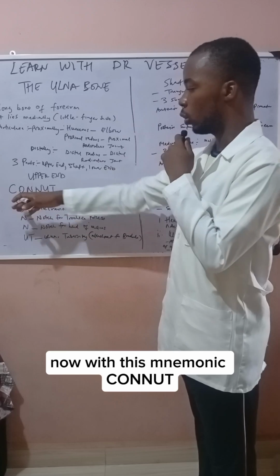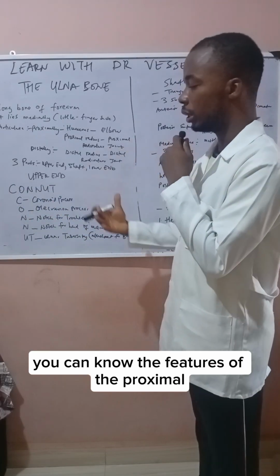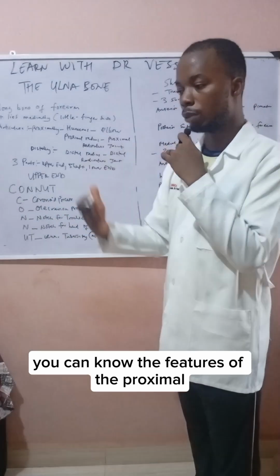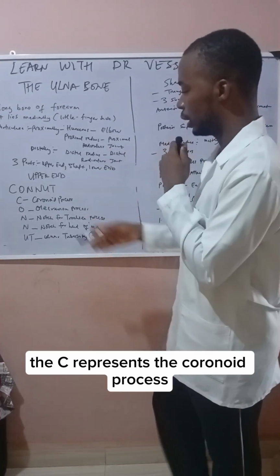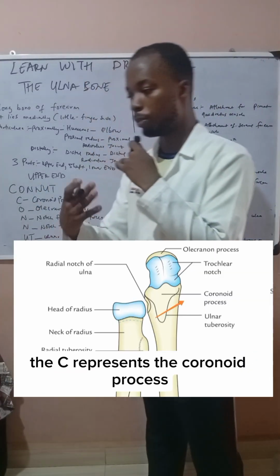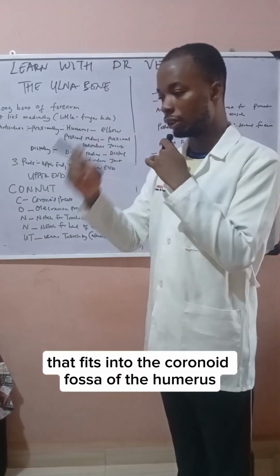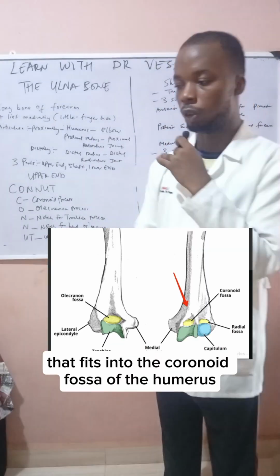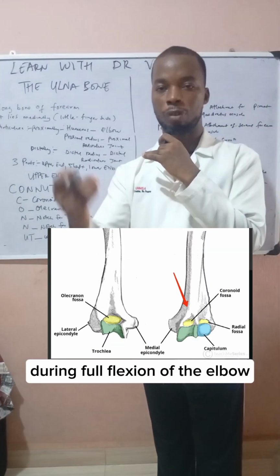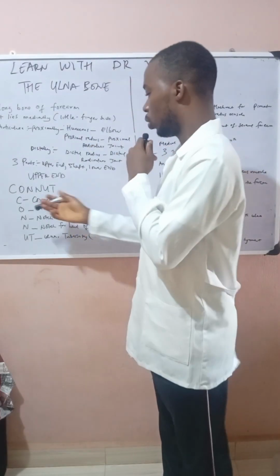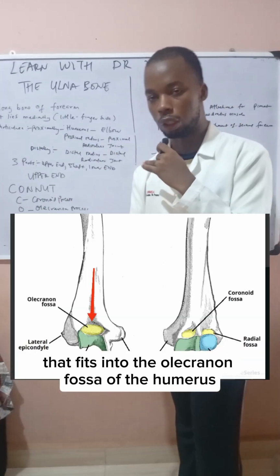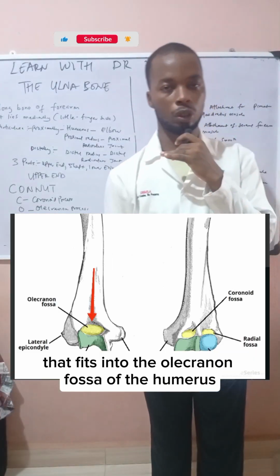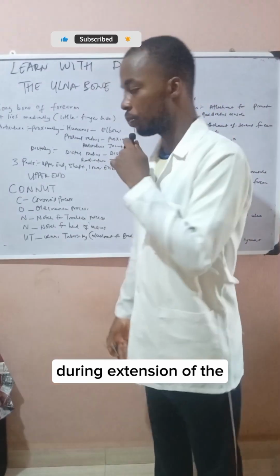Now, with this mnemonic CONNUT, you can know the features of the proximal or upper end of the ulnar bone. The C represents the coronoid process that fits into the coronoid fossa of the humerus during full flexion of the elbow. The O is the olecranon process that fits into the olecranon fossa of the humerus during extension of the